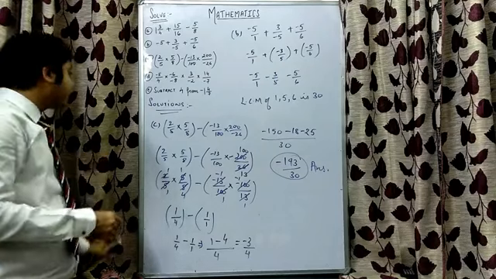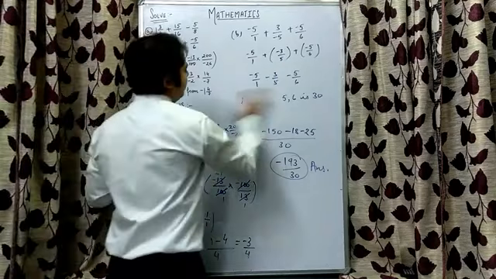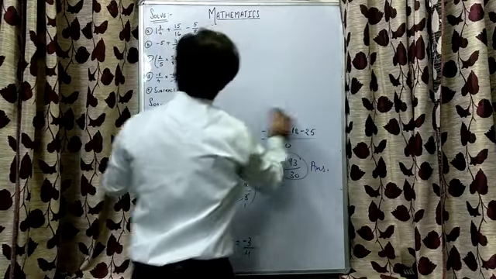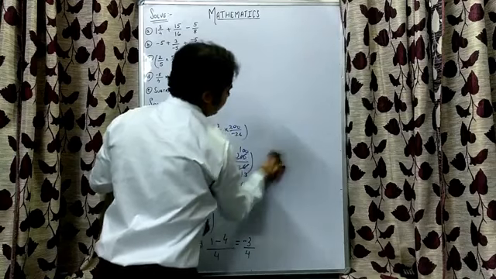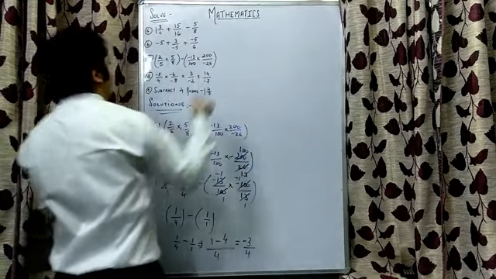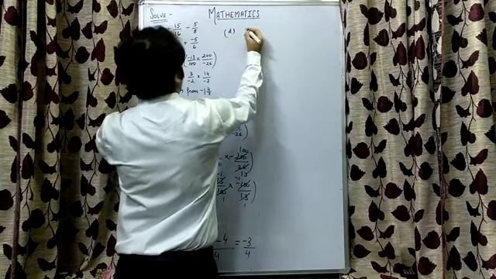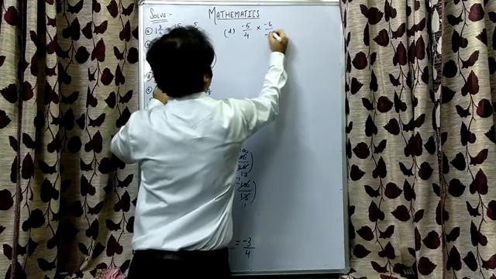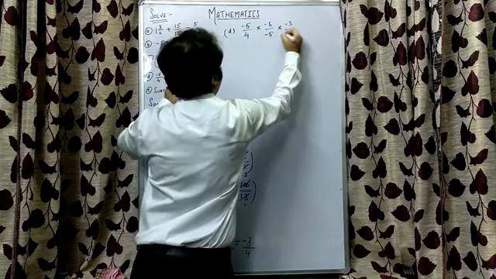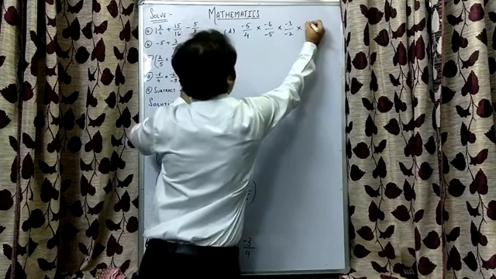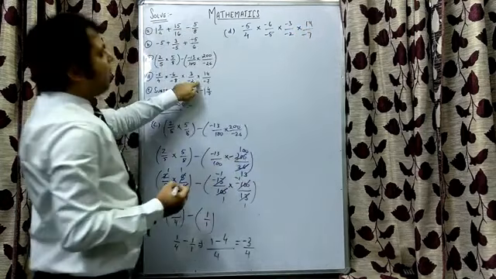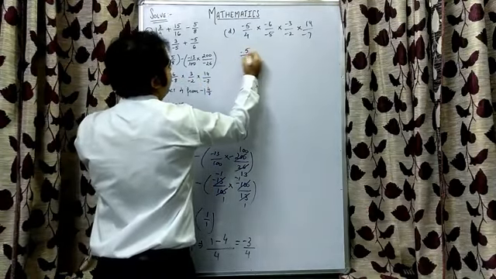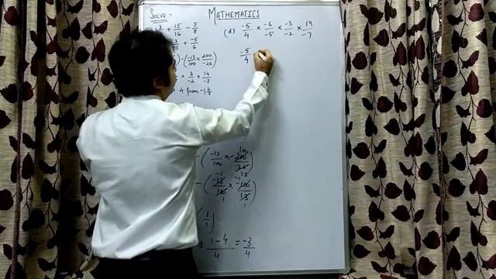Now fourth one, it says minus 5 by 4 into minus 6 by minus 8 into minus 3 by minus 2 into 14 by minus 7. In this, all numbers are being multiplied. So we'll convert all of them into standard form. First, rational number was in standard form, so no need.